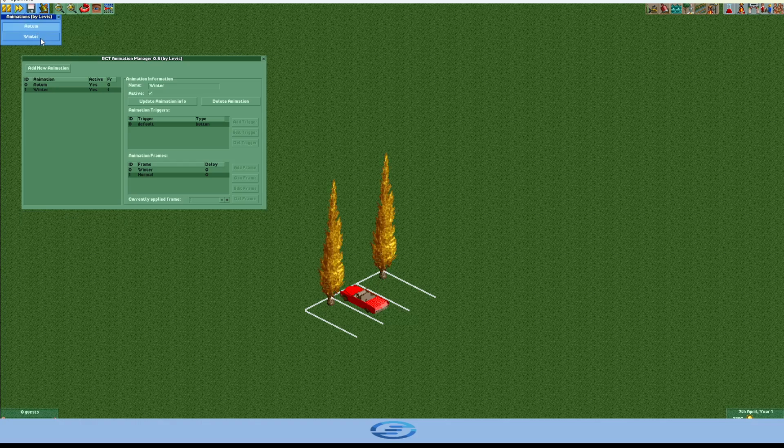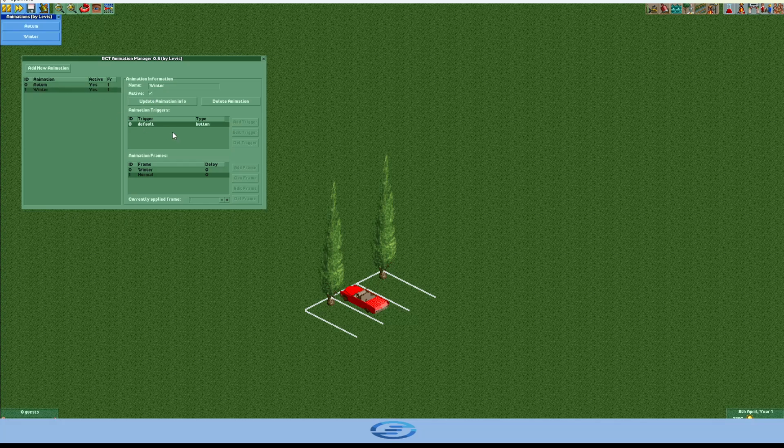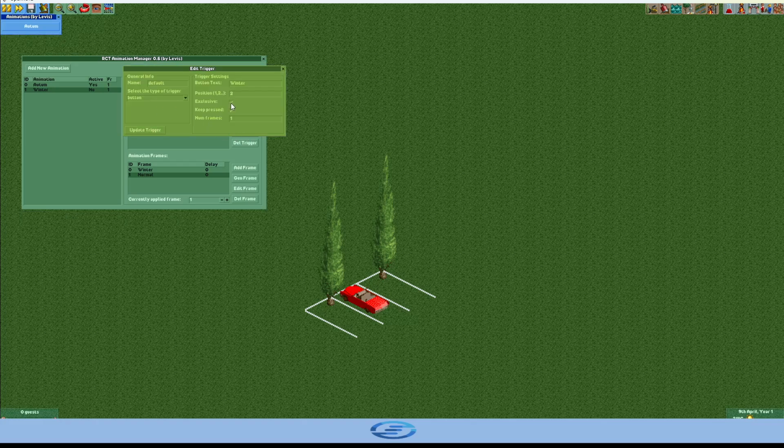But when autumn is selected and we press winter, it won't work, as you see, because winter is expecting the trees to be green. So we can fix this by actually also setting the exclusive checkbox. And when we set this exclusive checkbox,